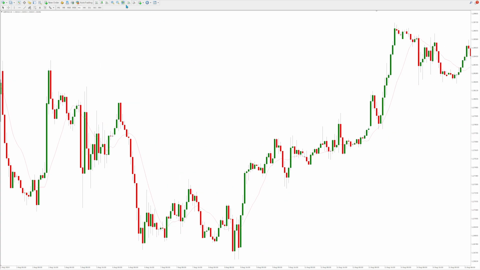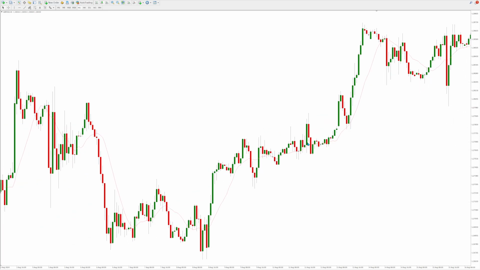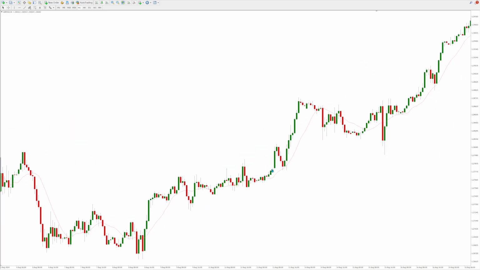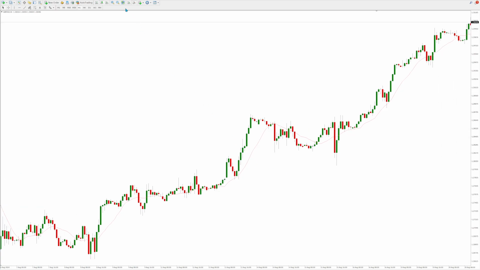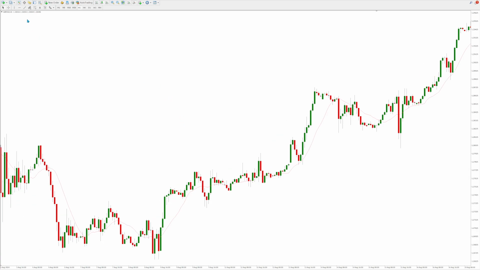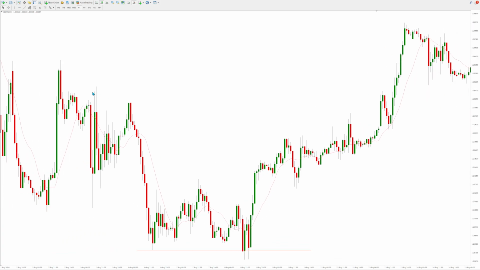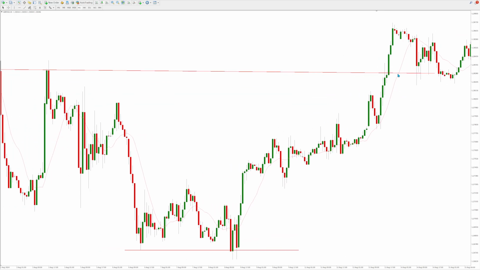What I'm going to do is look for a trend. Okay, and then I'm going to use the moving average to help me decide if and when I'm going to buy into this trend. Okay, so the first thing to do is we mark our support and resistance. So we have our support level there. Okay, the resistance level around here, arguably